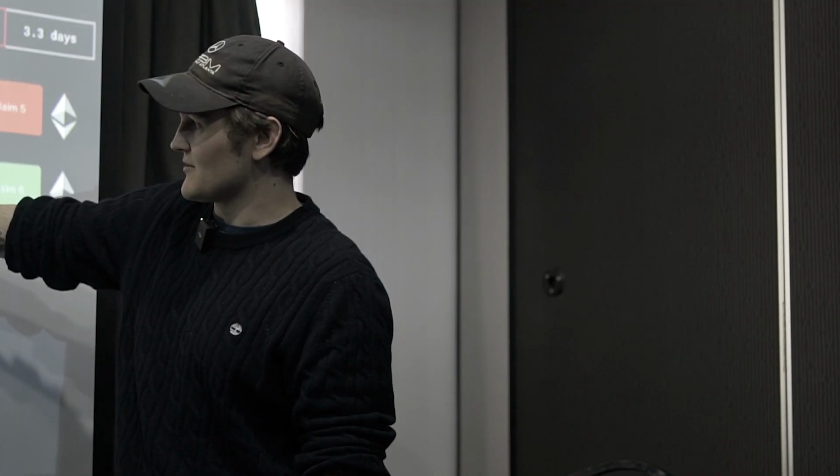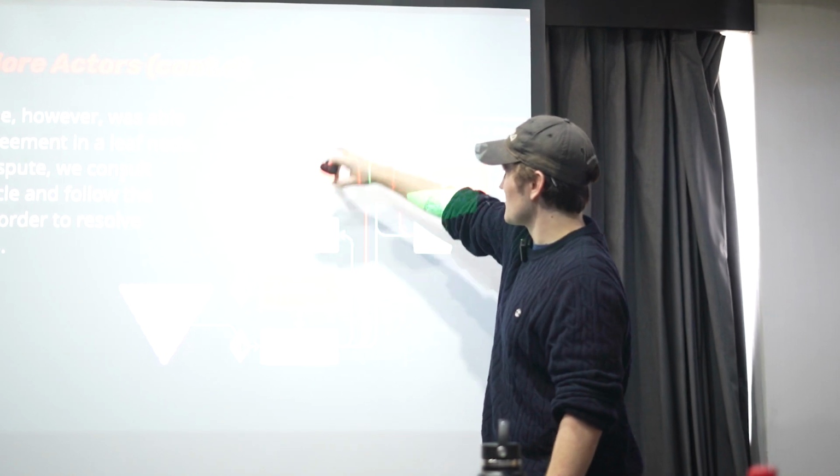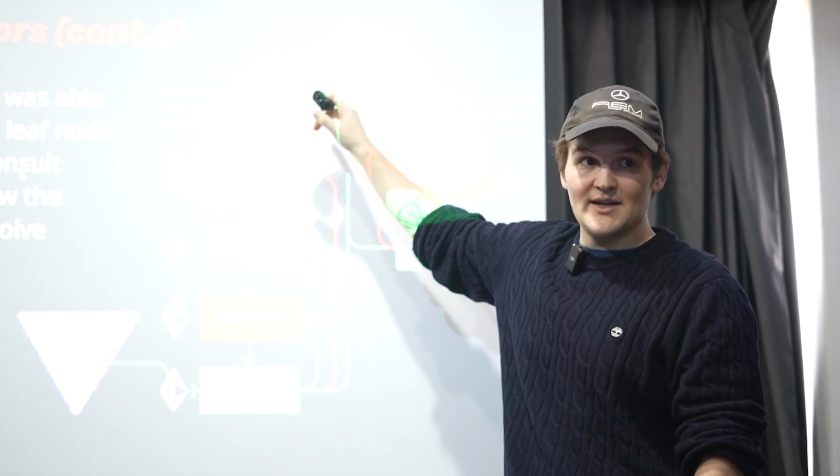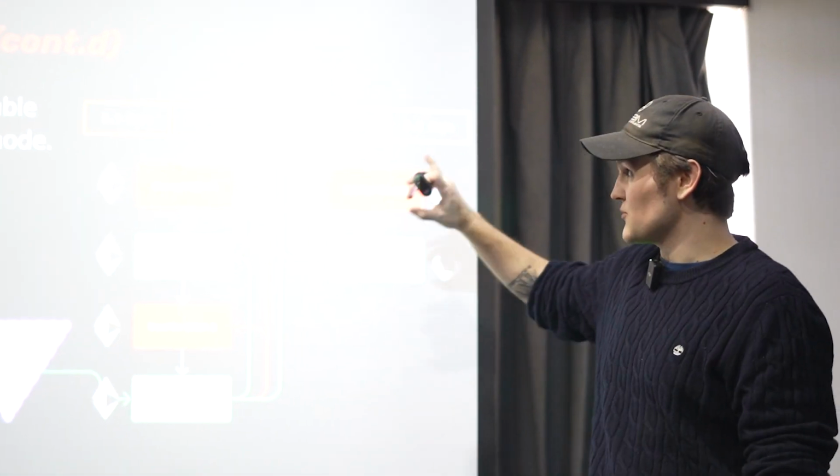Oh, perfect. And basically in that situation, for instance, if I disagreed with this and I disagreed with this, what I would want to do is supply a counterclaim to counterclaim 1, but I would also want to supply an alternative counterclaim to the root claim, if I disagreed with both of those things. Because there are two claims that have bonds attached to them that I disagree with, and I want both of those bonds because it's free money.